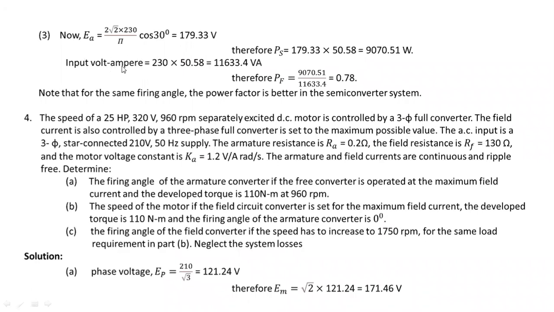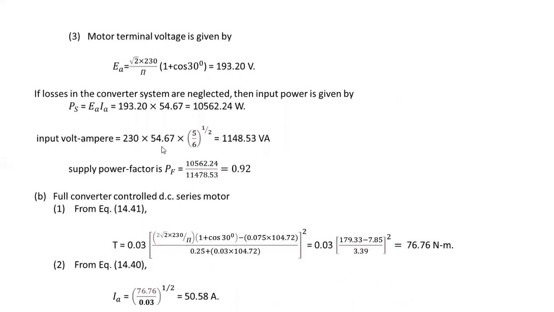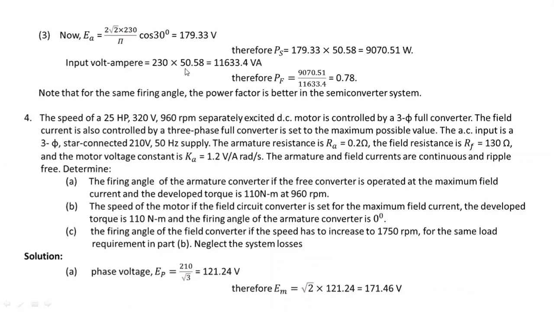Similarly, we can calculate the volt ampere. So this volt ampere can be calculated in the similar way as in the previous case, here also VRMS into IRMS. Here we need to calculate the input RMS current, and we have to multiply them. You will get the apparent power. So active power by apparent power. So 9070.51 divided by the apparent power, which is 11,633.4. If you simplify this, you will get the power factor as 0.78. Okay. So 0.78 will be our power factor.